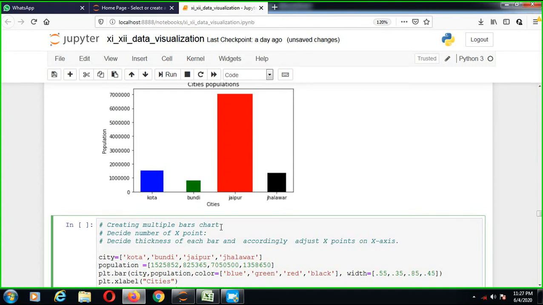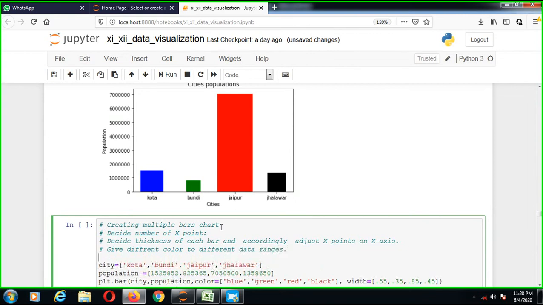Next point, we'll have to give a different color to different data ranges.